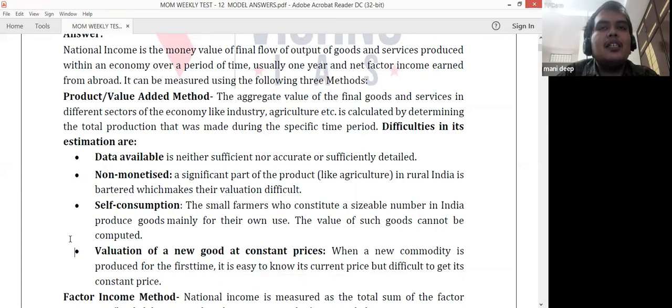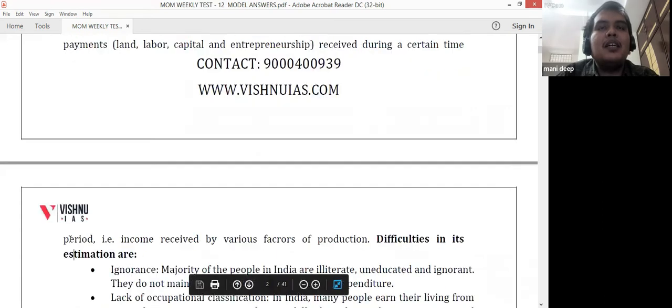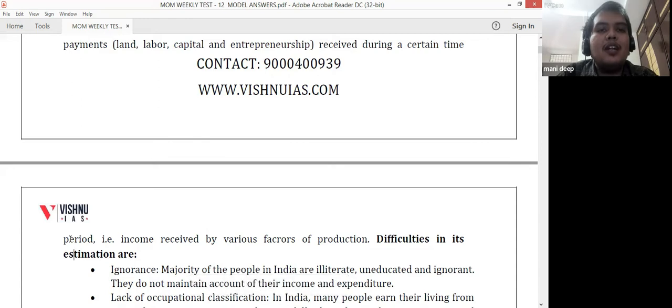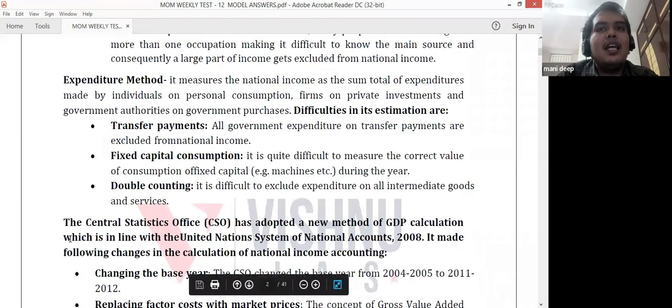The second method is the income method. Whenever there are some products that are produced, there are some factors of production involved, for example, land, labor, etc. Whatever wages or interest you are paying on these inputs, based on that you can evaluate income. But there are some issues. First, there is no accurate data, and there is some issue regarding the estimation of how much wages there are and the changes due to inflation targeting.